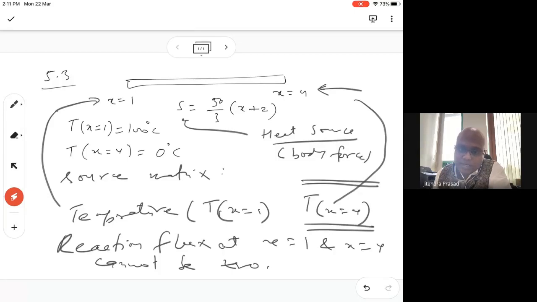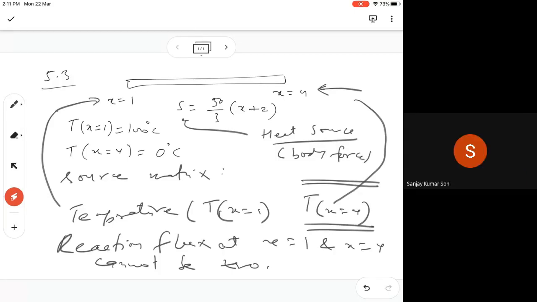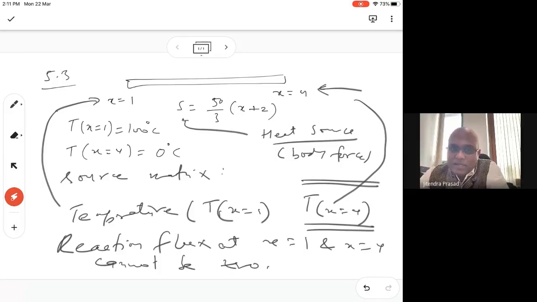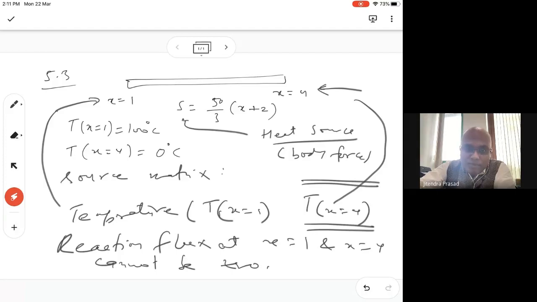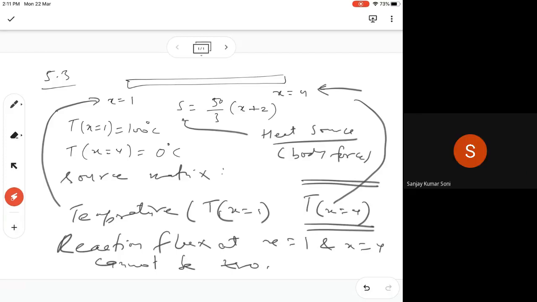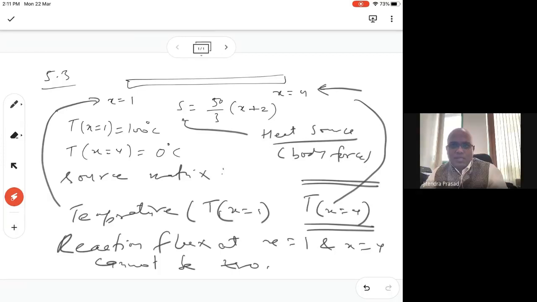You got it? Yeah, it is clear, sir. Sir, could you please explain the sign convention related to heat flux? Okay, so now who asked the second question? Sir, related to sign convention. No, the previous question, who asked? You asked? No, sir. Okay. No, sir, I did. Yeah, so what was the question? Did I answer your question? Yes, sir. Maybe you asked some different question. Can you repeat your question?